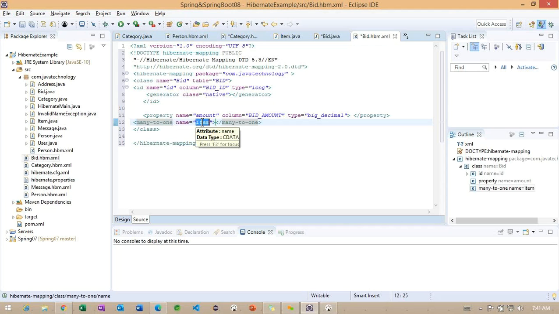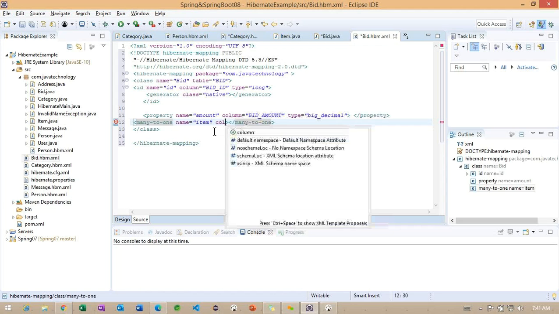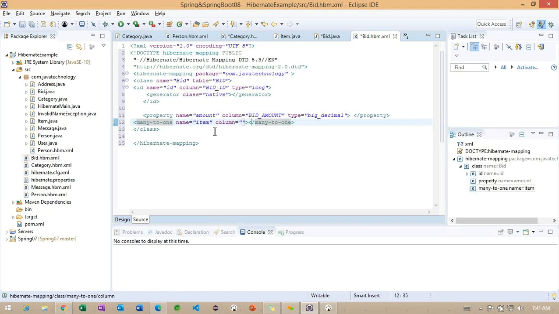So what is the name we specified in the Bid class? The name we need to specify, and column here. Carefully observe the column here. Which column is going to map here?